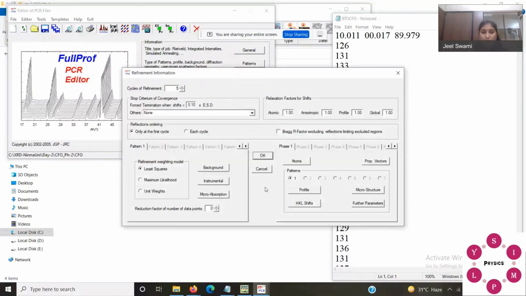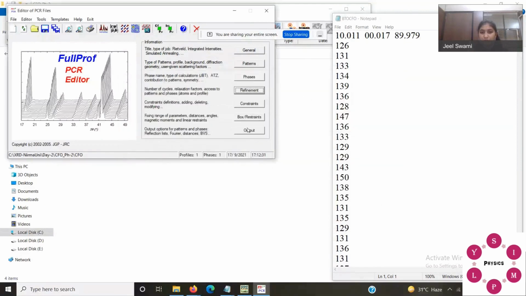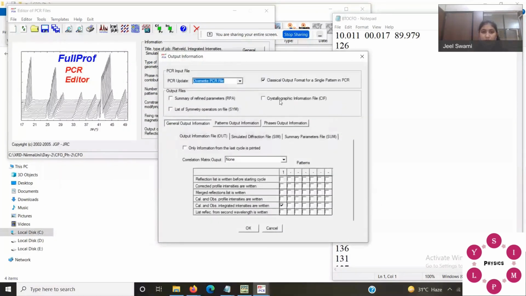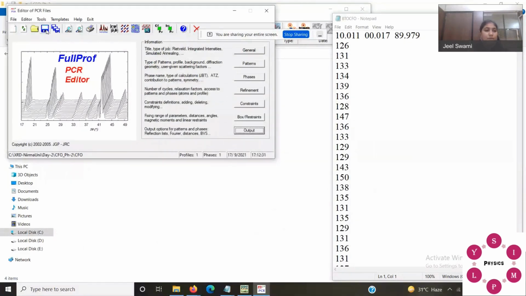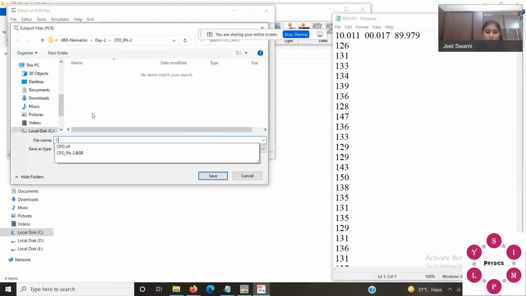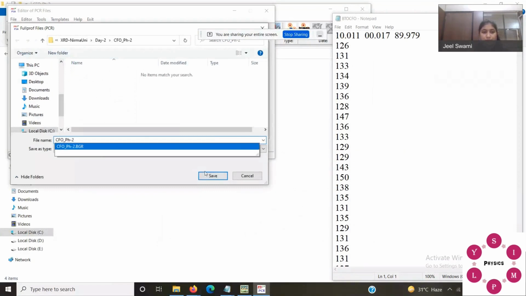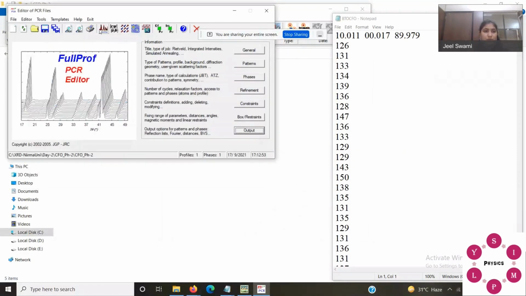Refinement, you need 5 cycles. Background is already there. Now you have to save it. Phase 2. Now run it.